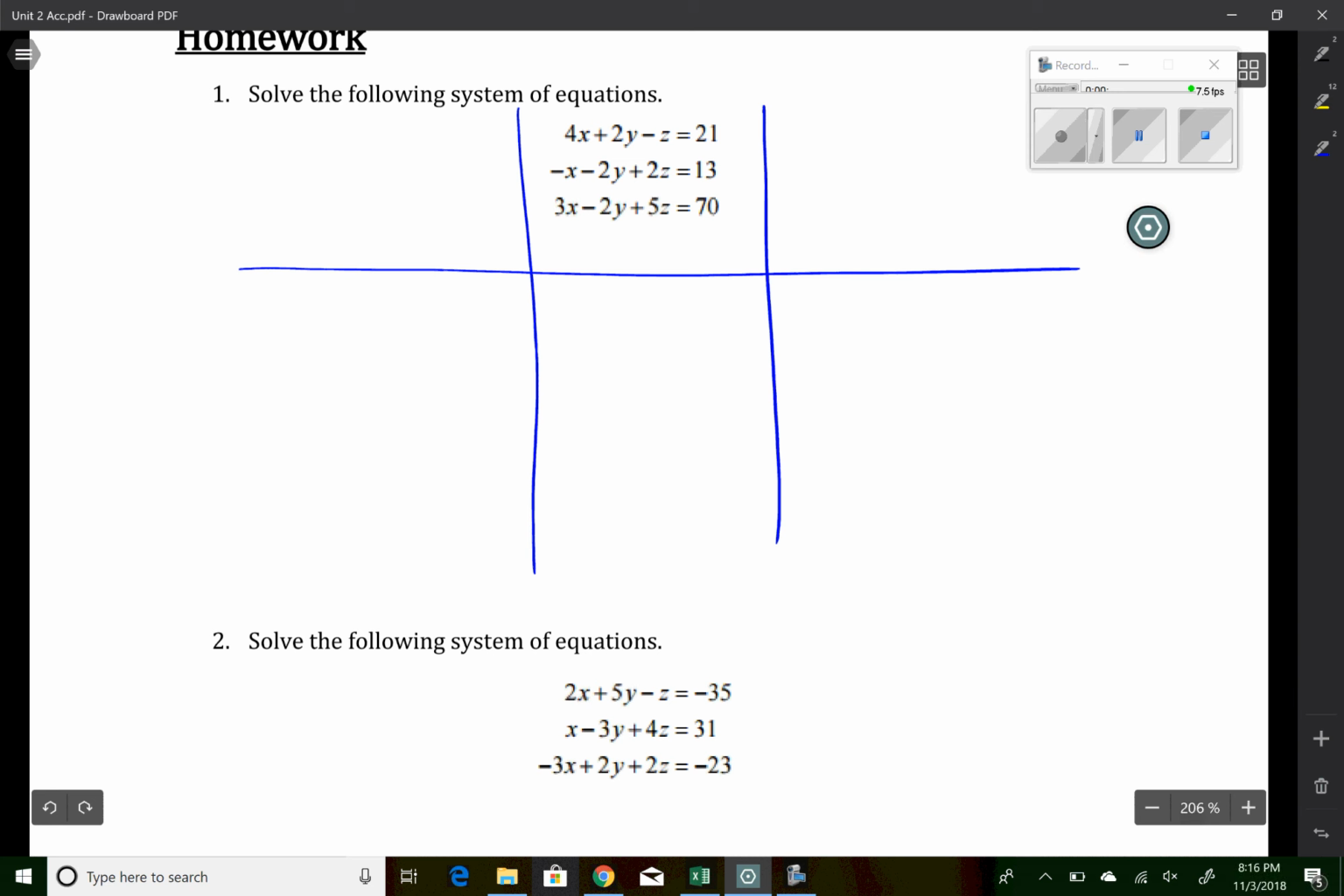So now that we have our areas set up, let's set up what equations we want to add together. Just like we did with solving systems of equations way back when you were in Algebra 1, we want to try and eliminate a variable. So if I add the first and the second equations together,